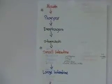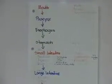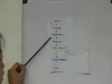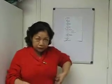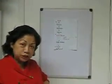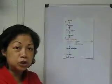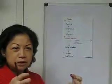From the pharynx, it goes down to the esophagus, which is right here. Okay? And then from the esophagus, it goes down to the stomach. Our stomach is around here. So, in the stomach, our cheeseburger becomes a chyme. A chyme, in the stomach, because the stomach is